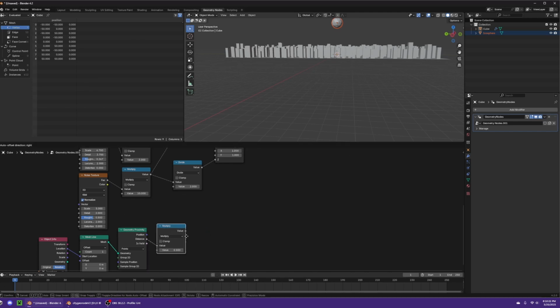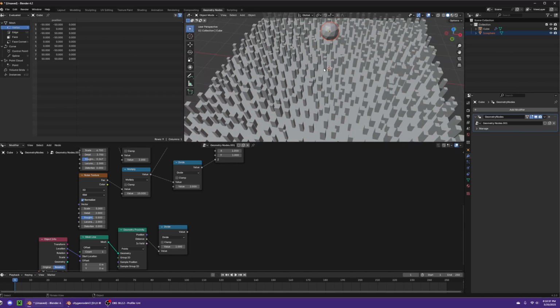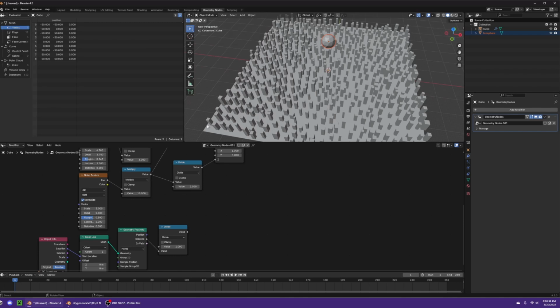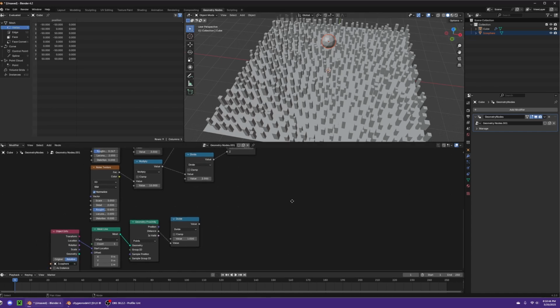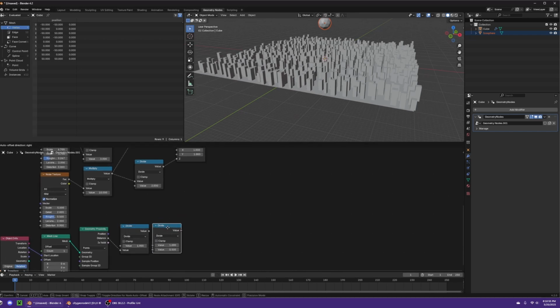So plug it into another math node, set it to divide, and move this. It's important that you move this to here and set the first value to 1. It's going to put 1 over anything. So let's say we have distance 2 here and distance 4 here. Distance 2 is going to be 1/2. Distance 4 is going to be 1/4. And 1/2 is bigger than 1/4. So in a way, it inverts the amount of height needed. Now, that's obviously going to give us a small value,